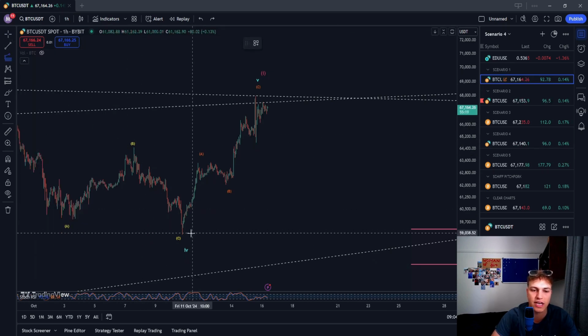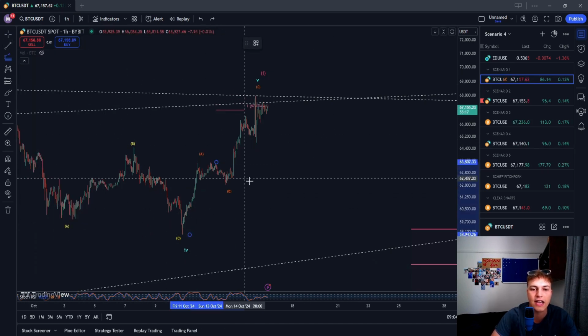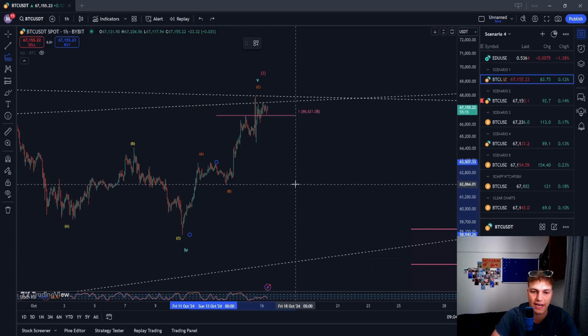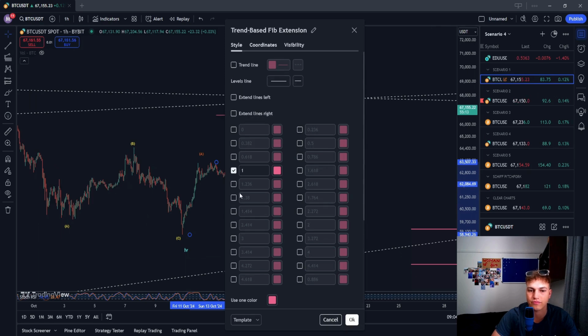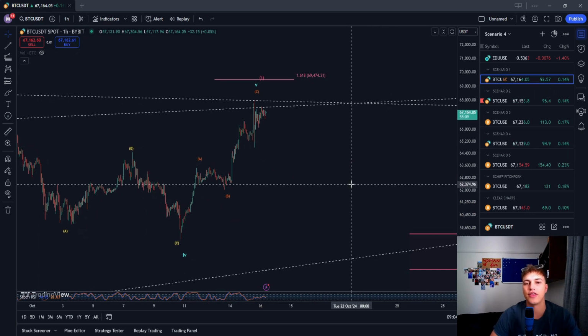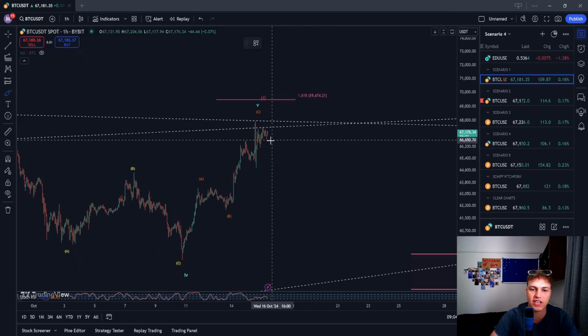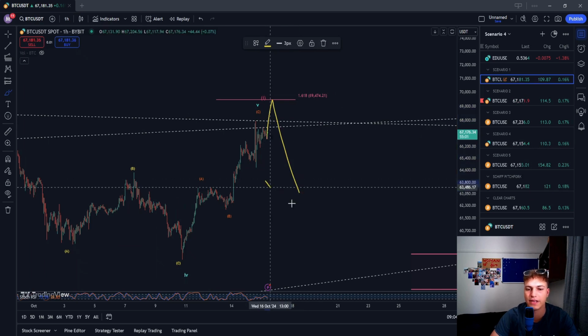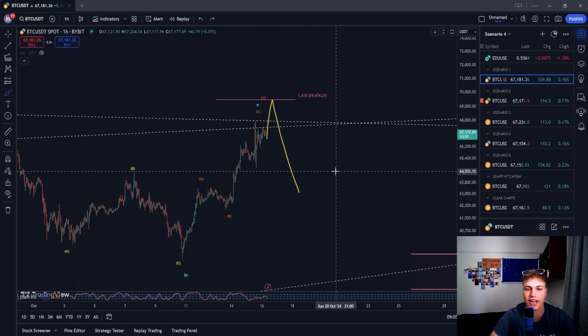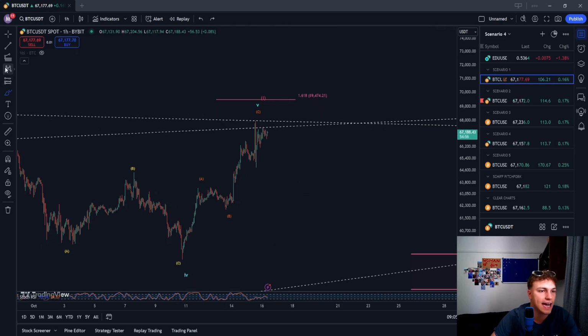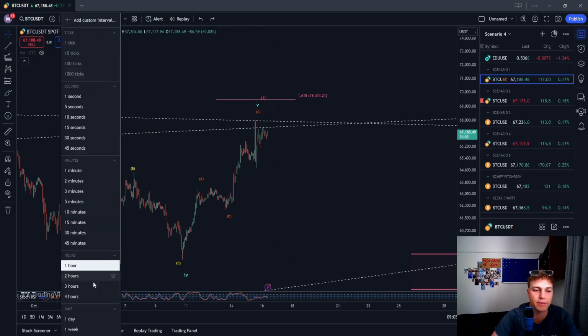So if we measure this out, we can see here that the 1.618 sits at $69,474. This means that price could extend all the way to there and then only have that move to the downside. But at the moment, I do expect some heavy resistance to come into play, because if we look at